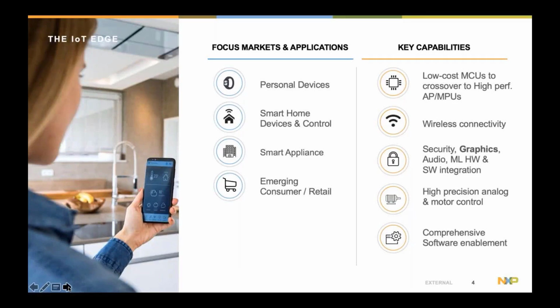So we have 4 different market spaces that we're addressing: personal devices, smart home, devices that control your home, smart appliances. This can be just about anything that you can think of as far as motors and industrial applications, from washing machines to other type of applications. And then also emerging and consumer retail spaces where we get tracking of packages and tracking of what you bought